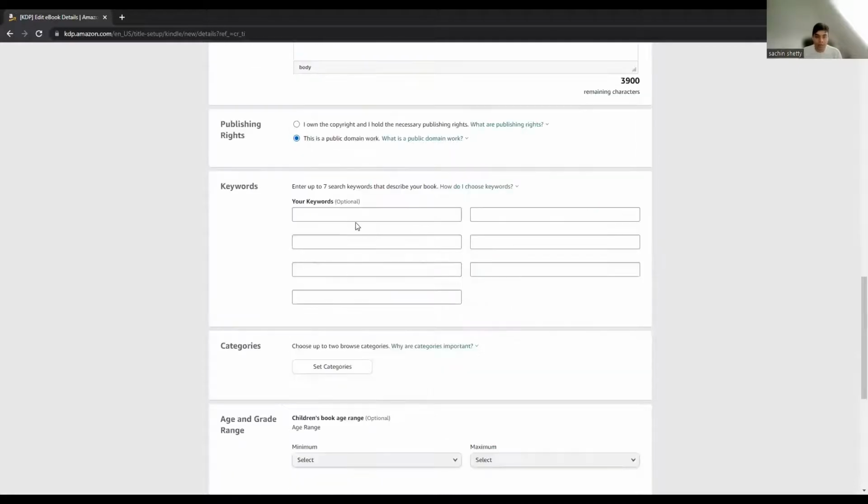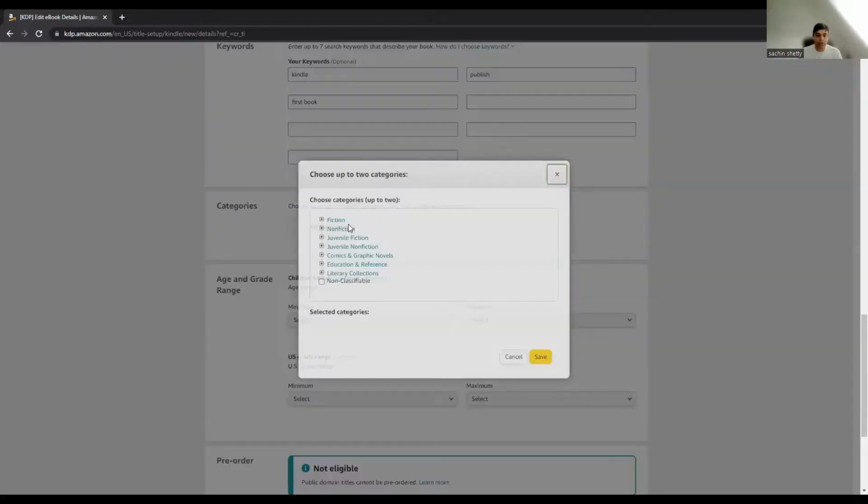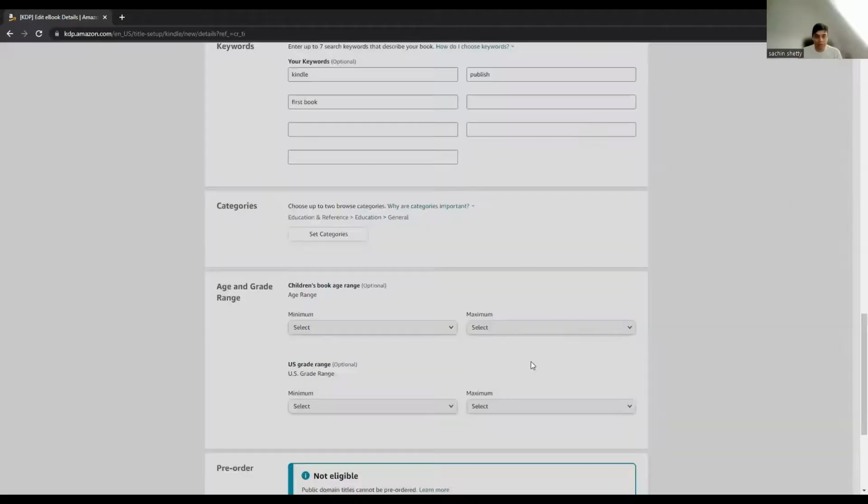And then keywords, you can give what is the keyword for it. So I will give it as Kindle publish first book. So I will do it, and then you can select what is the categories you want. You basically giving what category of a book is. So I will tell it as an education book, and then I will select a general, then I can save,